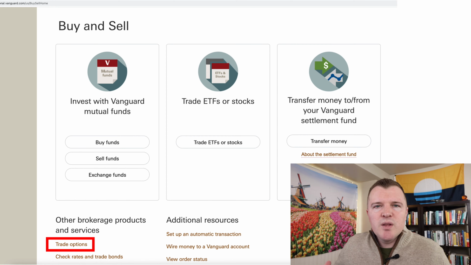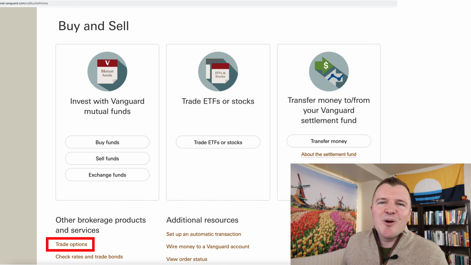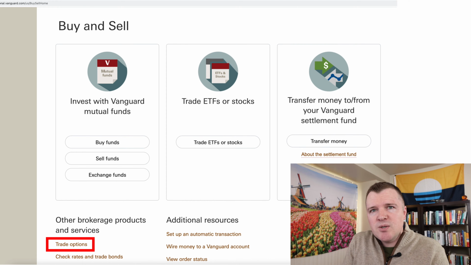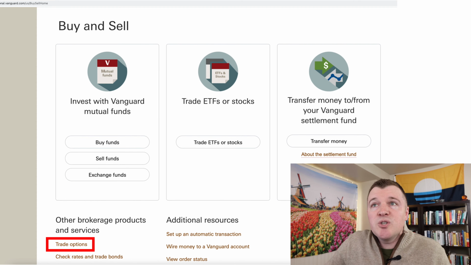And Vanguard is one of the largest brokerage firms in the world. However, their website and their app are not state-of-the-art. They are not up to date. So I'm going to show you how to do this with screenshots because on every page it shows my full name and my account number, and that's a hassle to blur. So I have some screenshots for you here, and I'm going to show you exactly how to sell cash secured